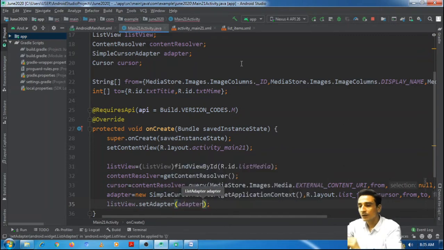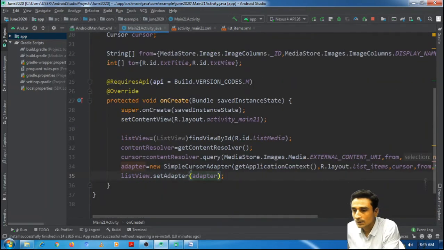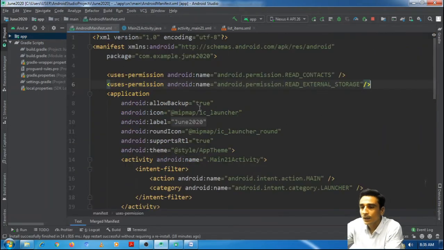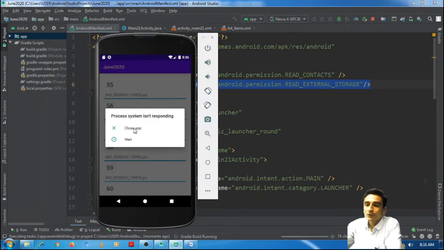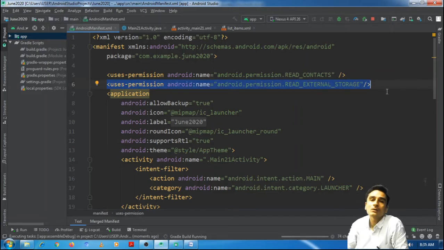Now let's run it. And one more thing, as we have mentioned external content URI, we should request permission READ_EXTERNAL_STORAGE. But if you remember, requesting permission like this may not work, because it may happen that the client denies giving the permission to us.